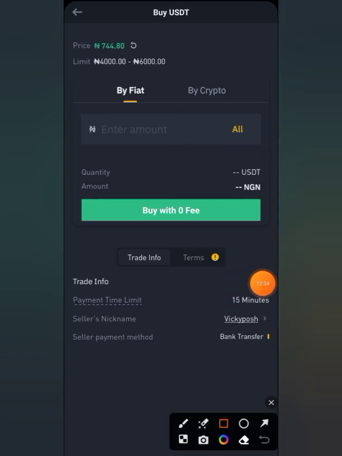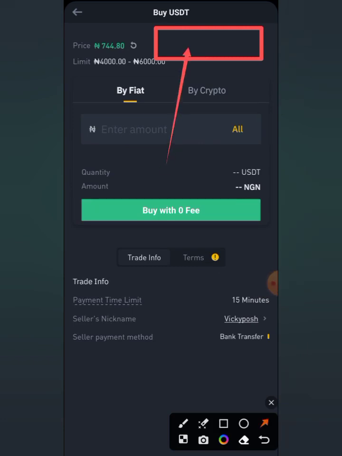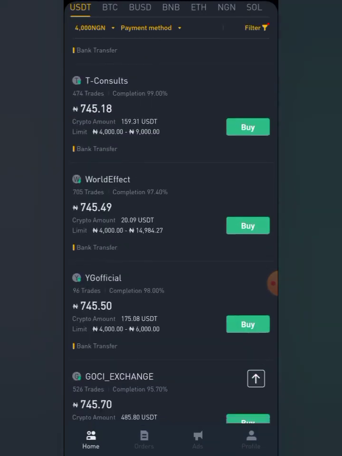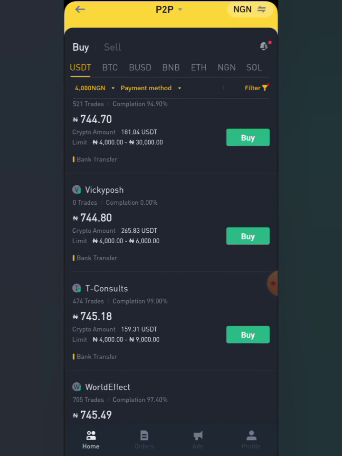You always know that once you come to this place, Binance will always notify you for anyone whose price is fluctuating. You will see their notification here telling you that the price is not stable, price not stable, price not stable. So you need to take caution and actually go back and trade with someone else. If not, you end up paying high. I'm telling you this because based on my experience as a P2P trader on Binance, I have encountered a lot of them. I know all their tricks, and I know how to deal with them each time